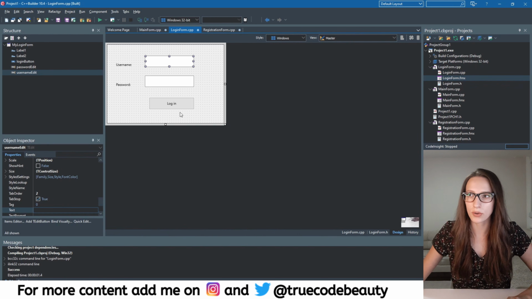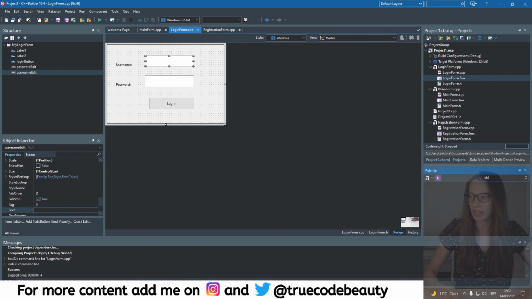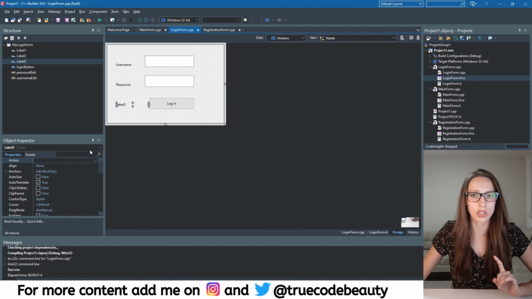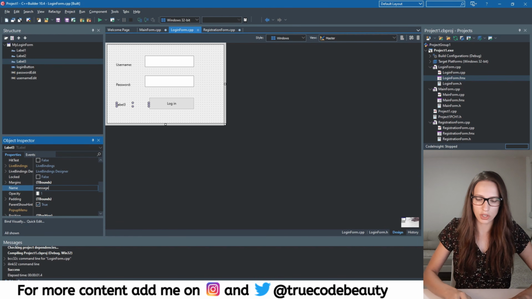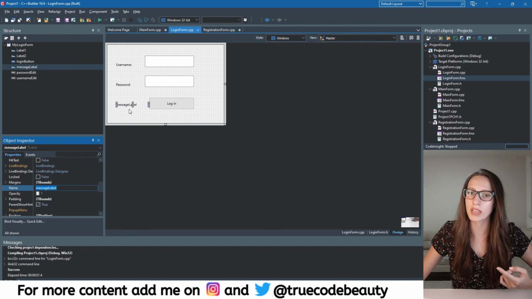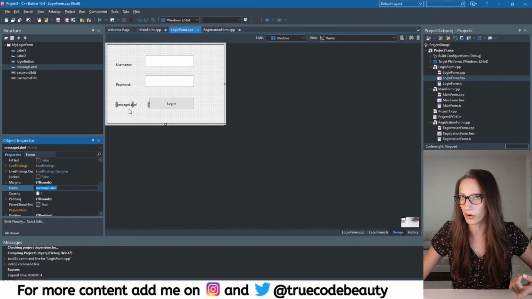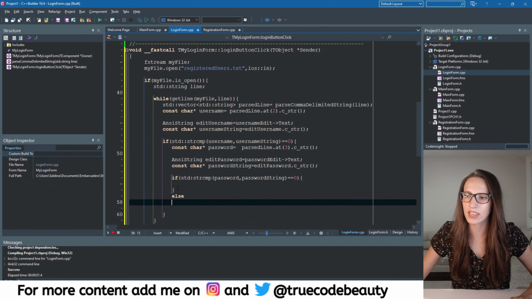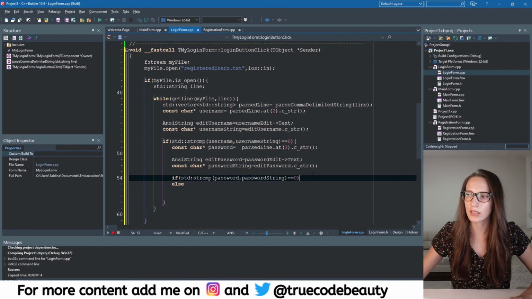to write that message. So here on our loginform.fmx, what I need to do is add a label, and I will put it here, and I will change the name of that label. It's going to be called message label, and we are going to use this message label in order to write out the message of either success or error. So let's return to our loginform.cpp, and here in this if block,